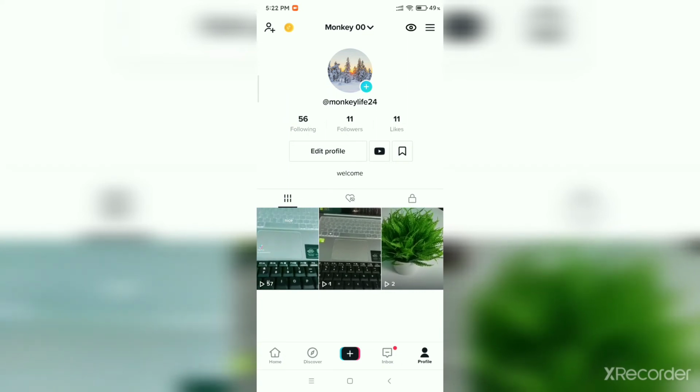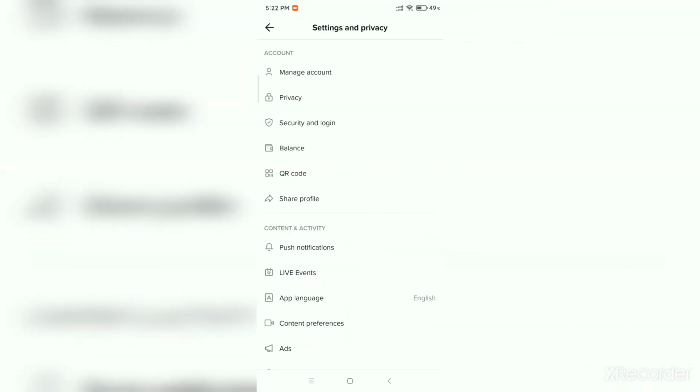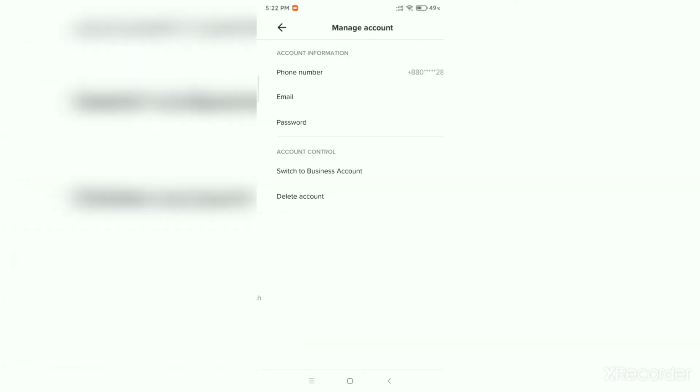You just need to select at the top right corner your three line menu bar icon, select it, and after that you get an option settings and privacy, so just select it. Now at the first option manage account, so just open it, and now you can get this option phone number,